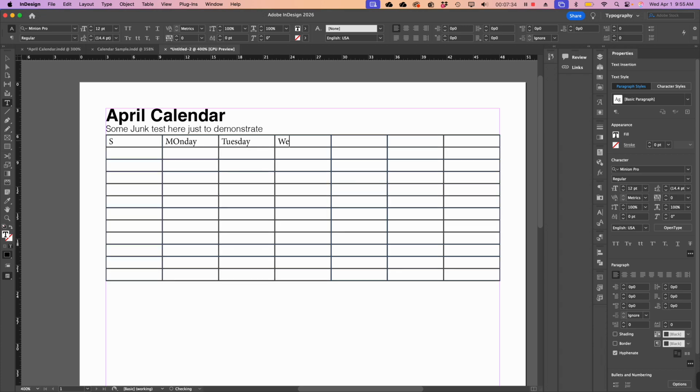Tuesday, Wednesday, Thursday, Friday, and S for Saturday. And then all of the cells below that,